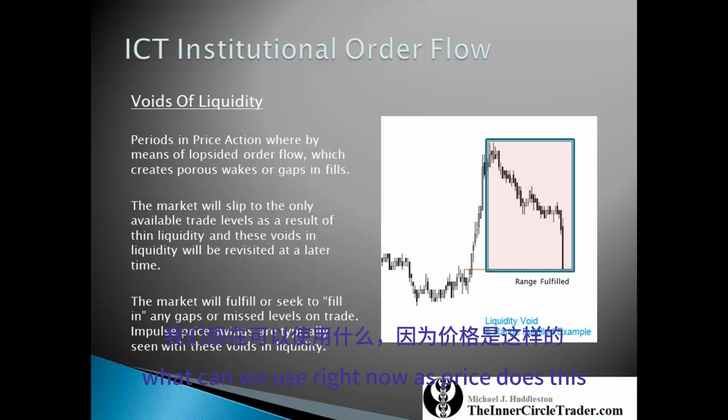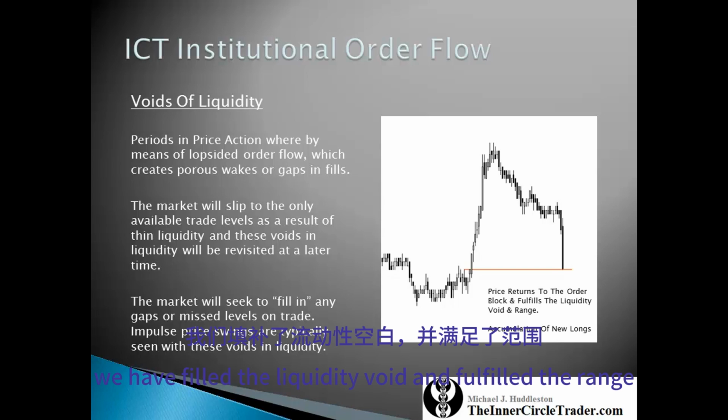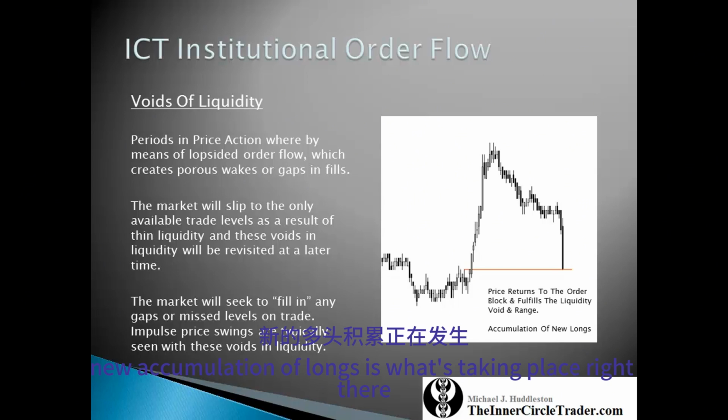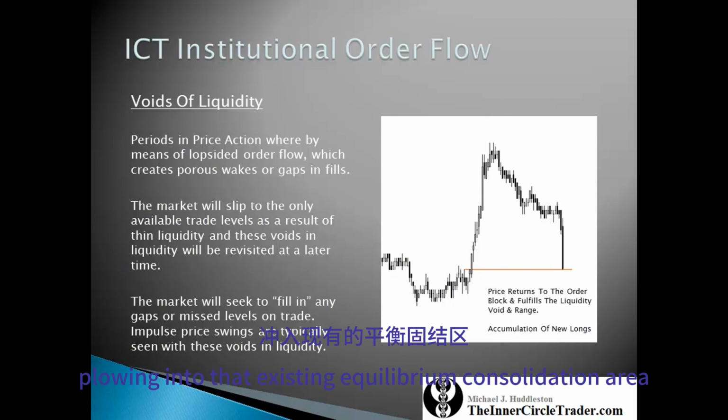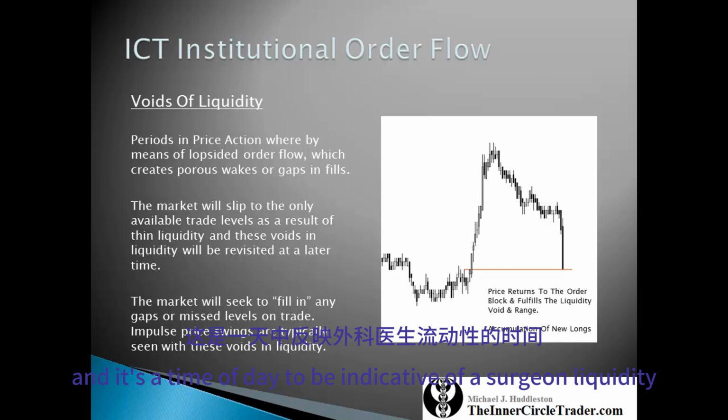What can we use right now as price does this? It's slamming right back down into that orange line, which we indicated as a bullish order block. When price does that, we have filled the liquidity void and fulfilled the range. New accumulation of longs is what's taking place right there, as that candle is bearish and bold, plowing into that existing equilibrium consolidation area. When you see that, we know that there's a high probability of a reaction there on the long side, especially if it's a primary bullishness to the marketplace that we're looking at,